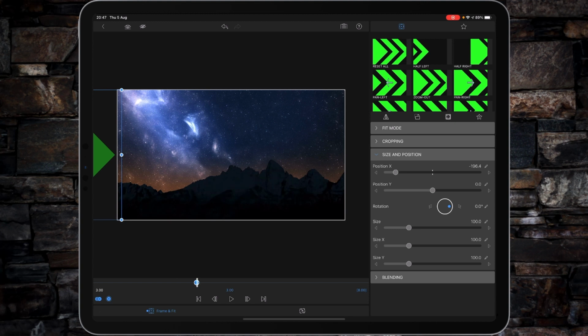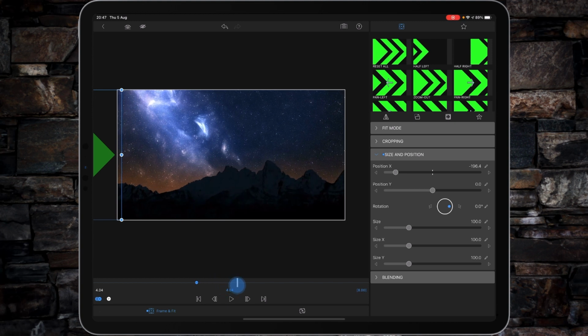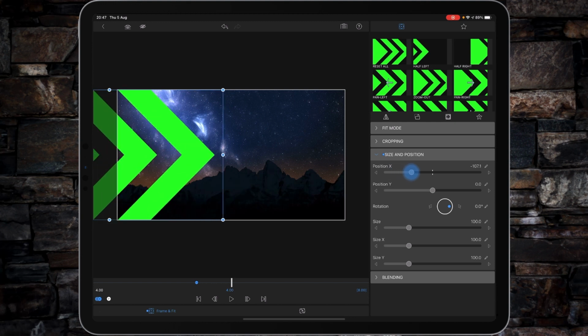our first keyframe. From there, we're going to navigate along probably 1 second, but it's up to you how slow or fast you make it. I usually do these kind of transitions between half a second and a second. I'm just going to make it a little bit slower and stick to the second today, just so you can see what's going on a little bit better. But the faster paced transitions I think look better. It's up to you. Once we've done that, we then move the position X all the way over to the